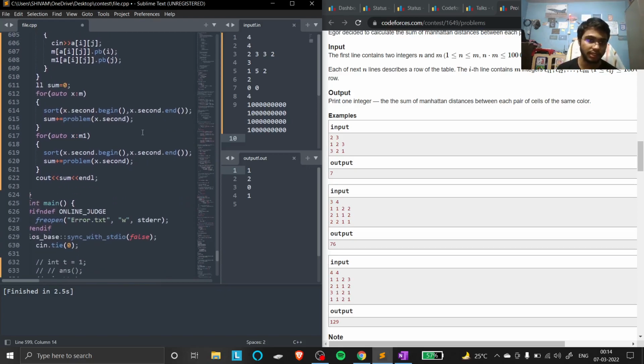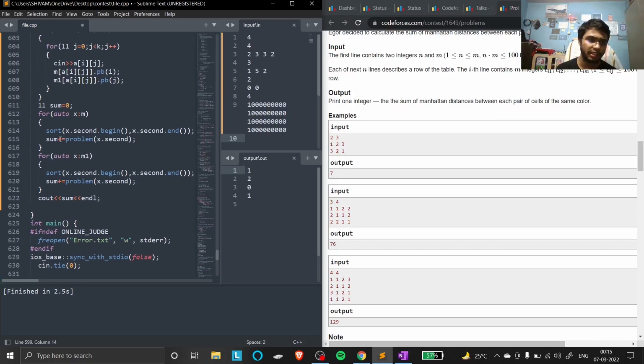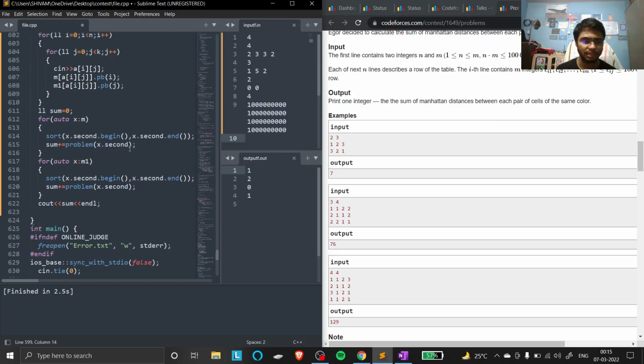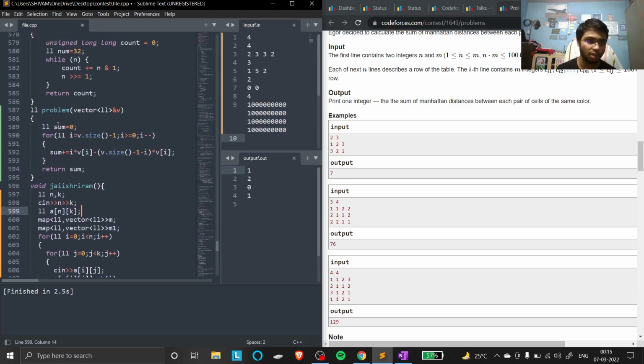After that, what we did is important. We take the vector of this and sort it. After that, I do sum plus equal to a user-defined function I declared, in which I give the vector as the parameter. This is the small function. What it's doing is going from the back, which is the maximum element, to the end, and it is multiplying the things like what I showed here.